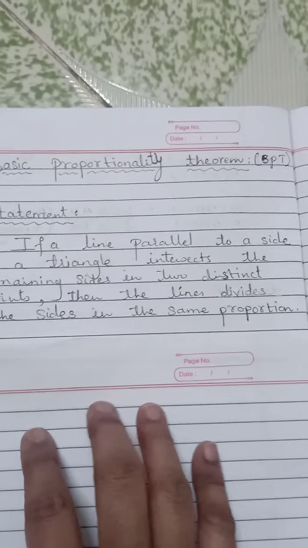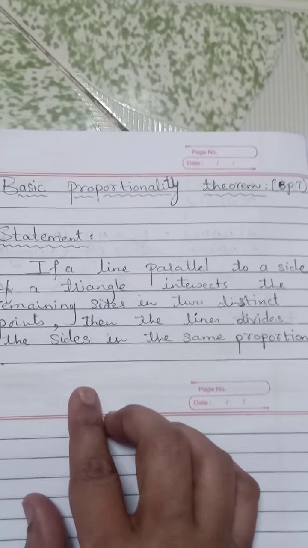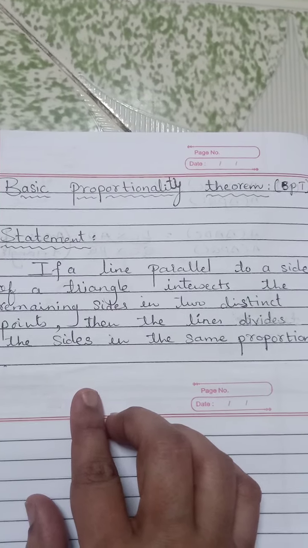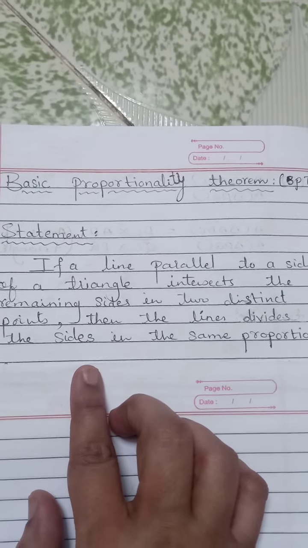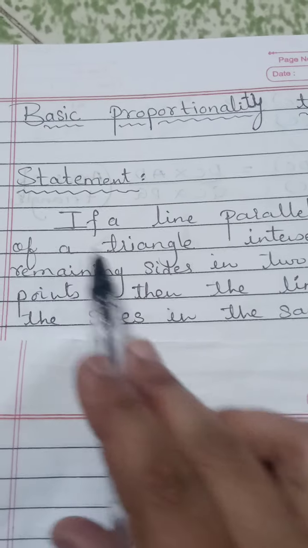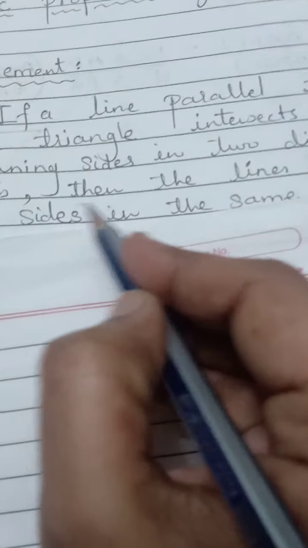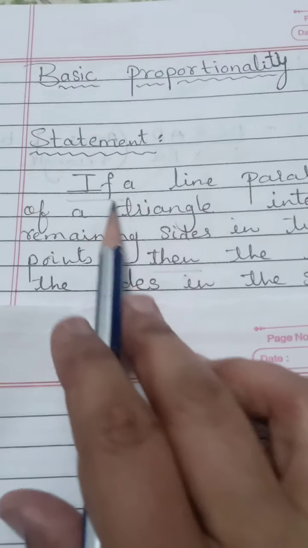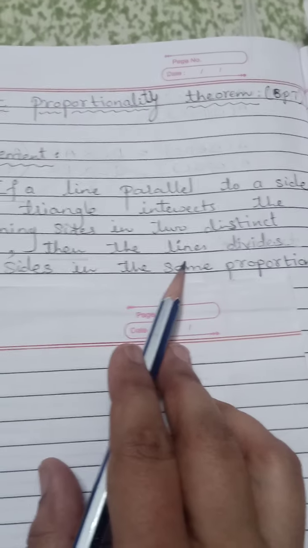As you know, by reading only the statement, we don't know what is given to us and what we have to prove. So again we will read the statement carefully and find the information which will help us to draw the figure. Here the statement is given in if-and-then type. That means the statement of the theorem is given in conditional form. The statement between if and then is for the given, and the statement after then is for what is to be proved.